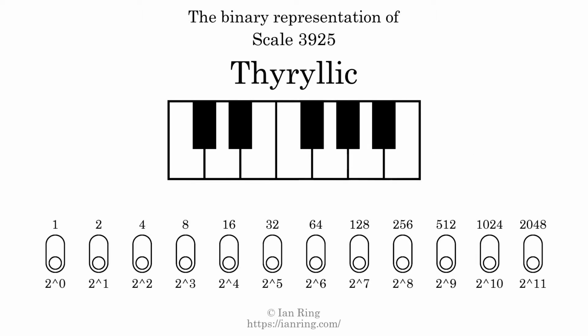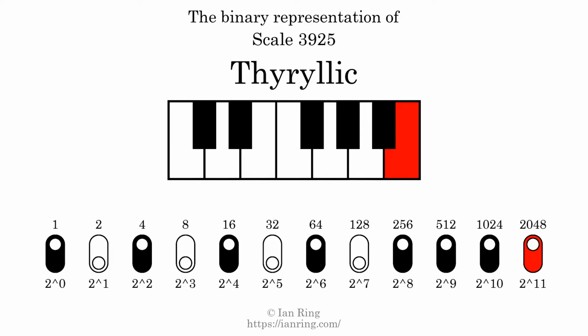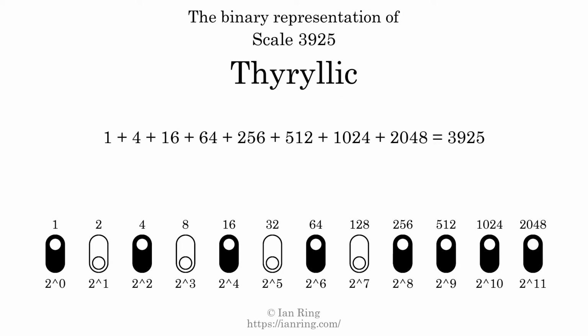The binary representation of this scale is determined by mapping tones of the scale to binary digits. Each binary digit represents a power of 2. To get the scale number, we add the powers of 2 together. The powers of 2 that are present in the scale, all added together, equals 3925. That is why the scale number, in decimal, is 3925. The scale number not only enumerates the scale with a unique index, but it also literally describes the tonal content of the scale. Represented as a binary number in base 2, the scale number is